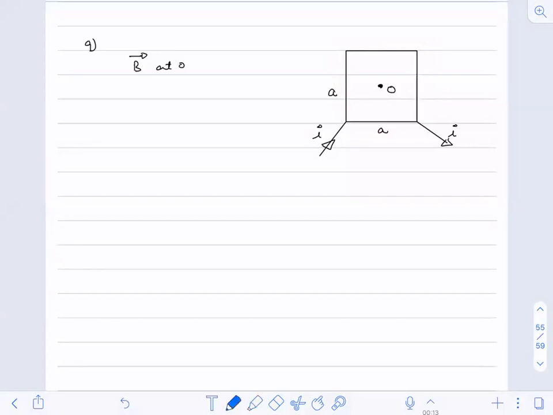Just try to understand one thing, that the current will be getting divided over here. One current would move like this, and another current. This current I will be divided in two parts. Let us assume this is current I1 and this is I2. Now, assuming that the wire is uniform,